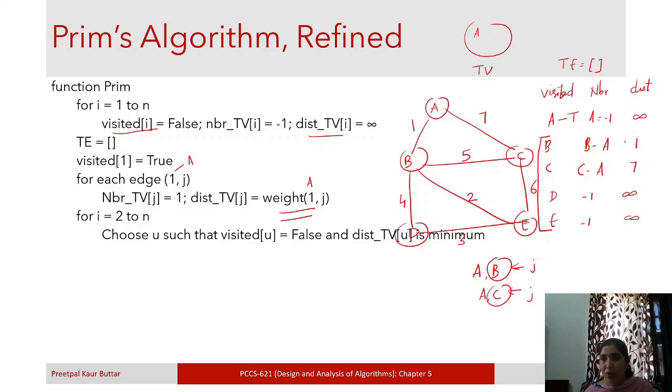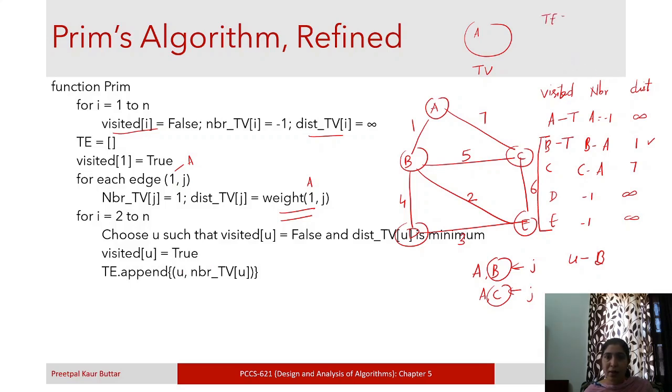Okay, so out of these the minimum distance is that of node B, so we will choose u to be B, and we will mark its visited equal to true. Then TE dot append, now TE will contain u, that is B, comma neighbor of u in TV, that is A.